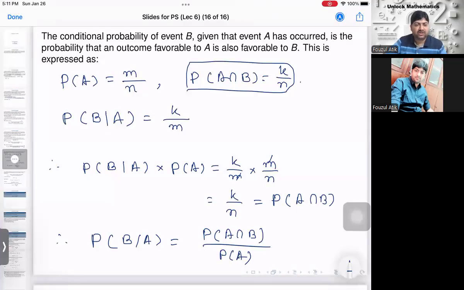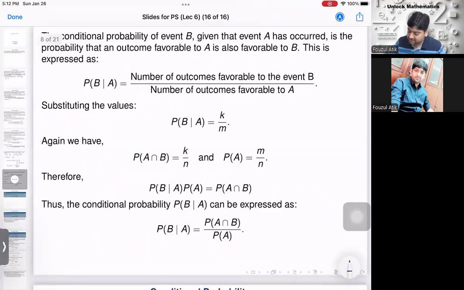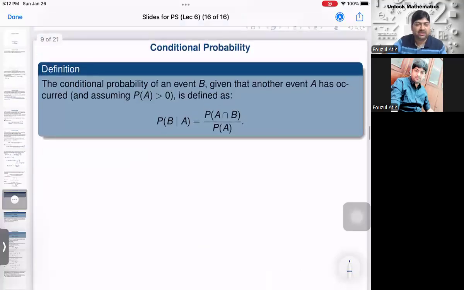So now onwards we can think this is a formula for that, right? Whatever I said, this calculation is already done very formally. So P of B by A equals P of A intersection B divided by P of A. And therefore we can define the conditional probability of an event B, given that another event